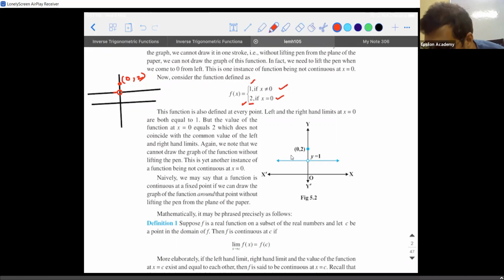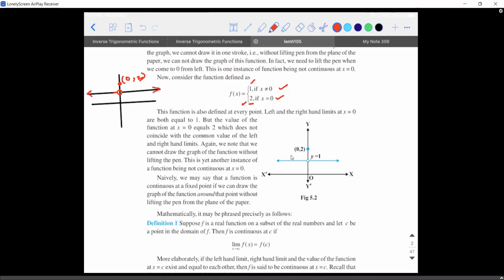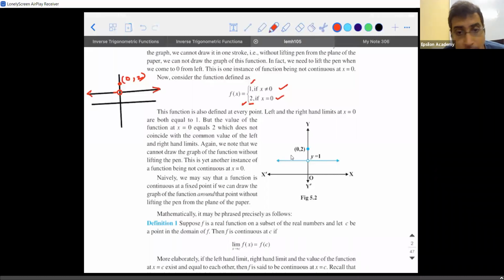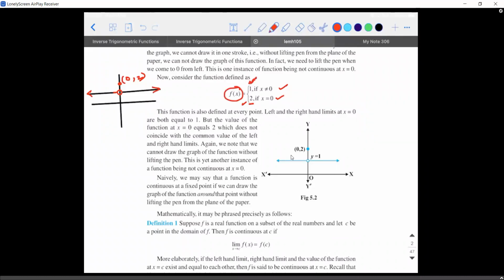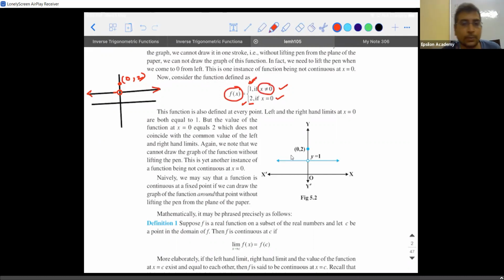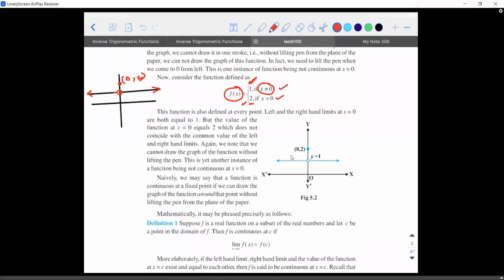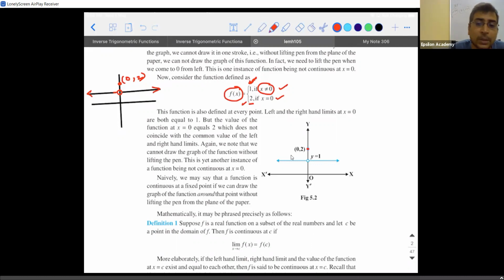What happened, right? You had some doubt? Sir, it can be -1 also. Where is -1? See, function value means y, y is equal to 1. y equal to 1 is a line parallel to the x-axis. So the function is in such a way that the value of y is 1 for all values of x other than 0. Okay. So the closed circle will come at (0, 2). The open circle will come at (0, 1).